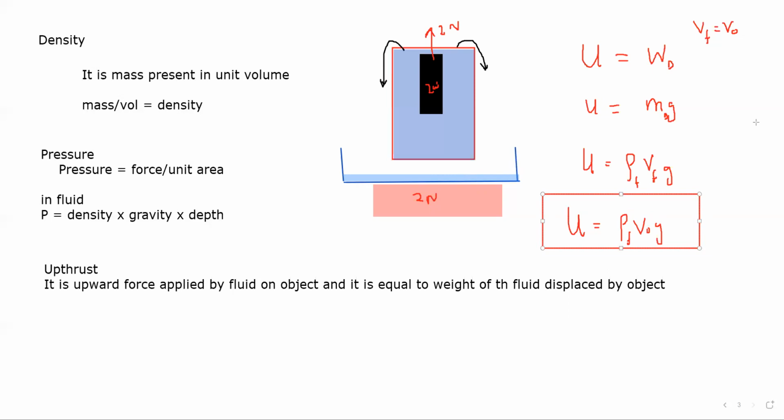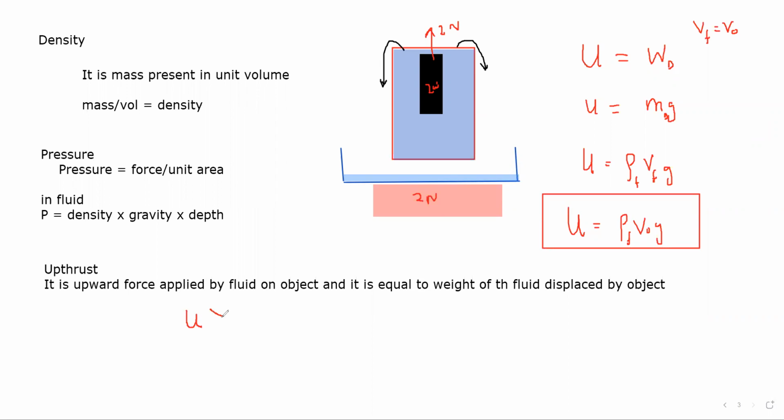The upthrust is the reaction force of the fluid. The fluid applies a force upward, it is always in the upward direction. That's why it is upthrust. And it is always equal to the weight of the fluid displaced by the object. Upthrust depends on the density of the fluid, volume of the object, and gravity. So a denser liquid applies greater upthrust, and a greater volume of liquid displaced by the object means it will experience greater upthrust. Using this idea, we can also conclude floating and sinking.